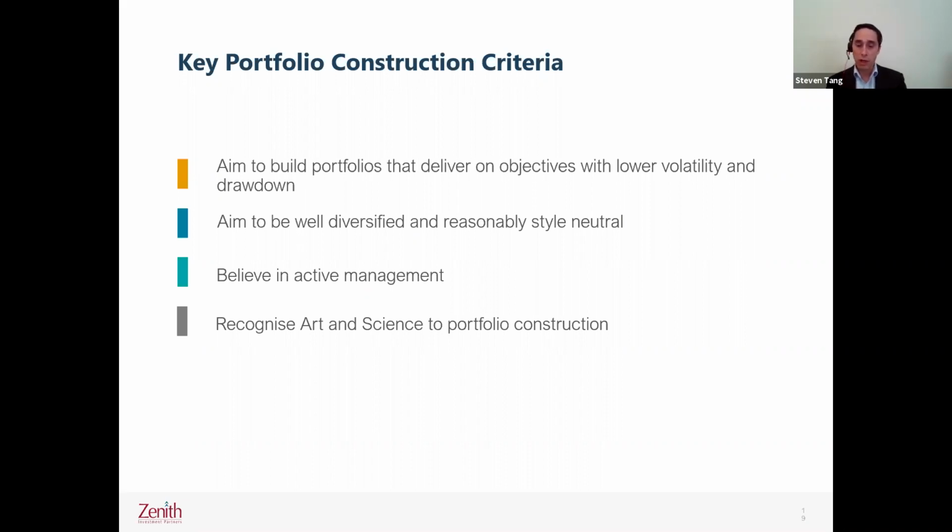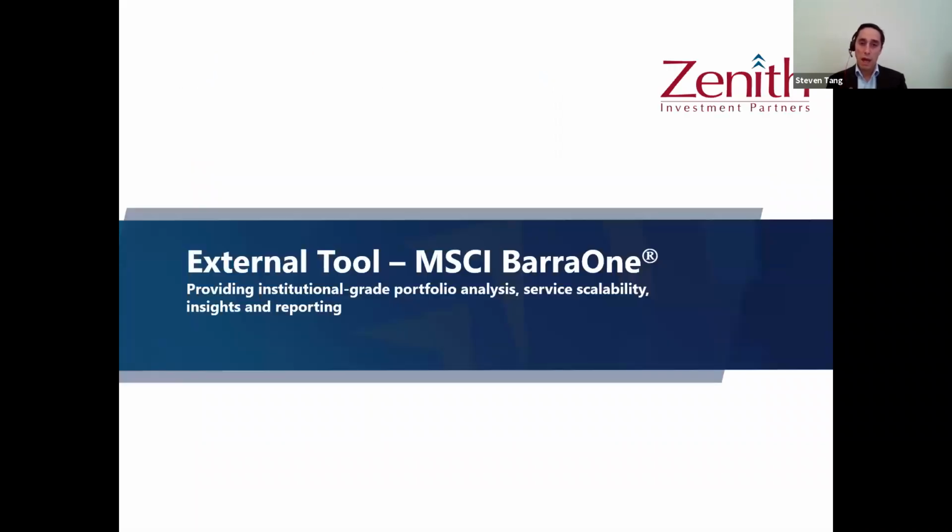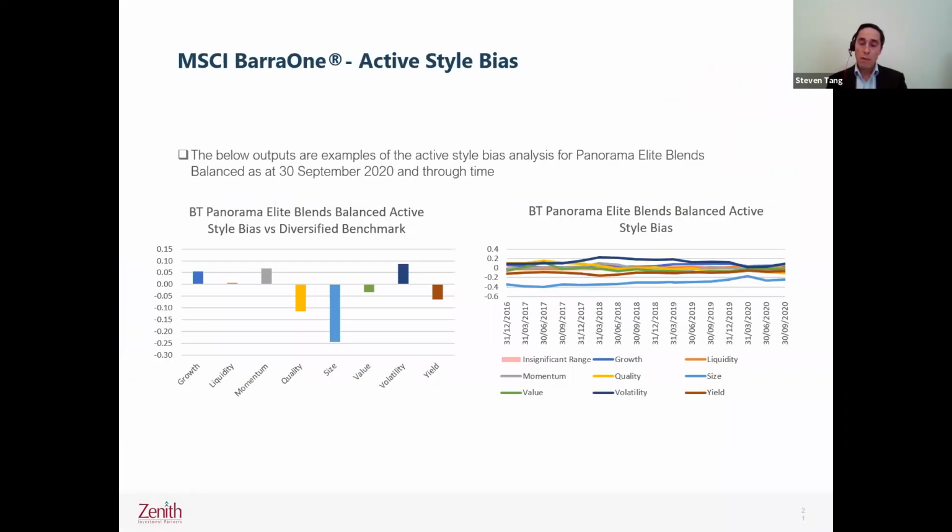And that's something we're not going to cover today. But for instance, the ratings we use from our research team are very much qualitative in nature. They're a forward view of the quality of that manager. So that's something you can't take into account. And it's important to recognise as well, the output of MSCI BarraOne that we're just about to go through is very quantitative in nature, but you need to recognise that sometimes you need to read the output of those tools with some skepticism, because sometimes it doesn't quite work out the way you think it will.